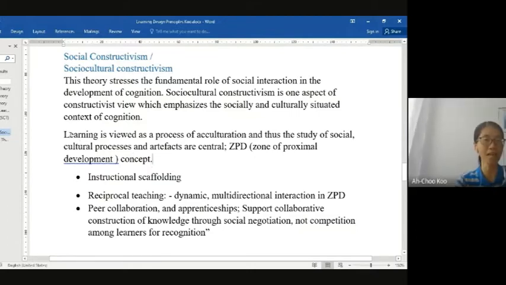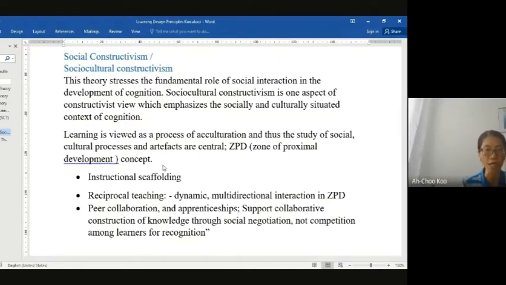Yeah. He defined learning as a process of acculturation, and thus the study of social cultural processes and artifacts is central. And he promoted this zone of proximal development where learning can be nudged, can be assisted by socially and culturally mediated means such as language, and also can be helped by people, by capable others. That is his belief. He said that learners can be pushed a little bit more to learn by getting these capable others,